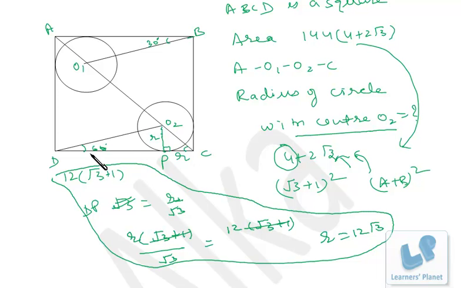What I have done, using the trigonometric ratio, I found the length DP and I matched DP plus PC with the length of the square. Right? So the unknown variable, that is R, can be calculated easily. Right? So this is a unique solution to this problem. You won't be getting such a solution anywhere in the solutions of any mock test or anywhere else, right? And I have used the trigonometric relationship over here. That's why this problem is being solved very easily. Okay, I hope you are clear.